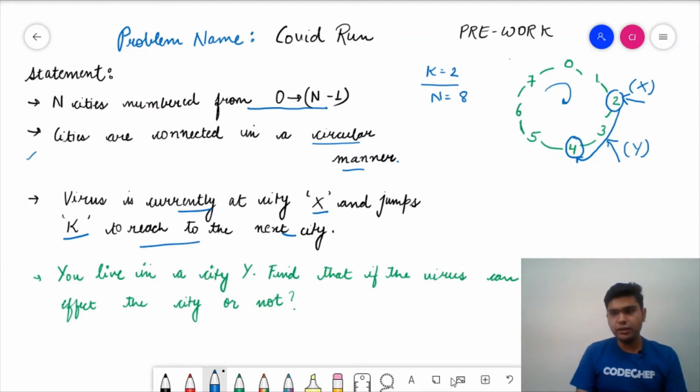So if the virus is at city 2 and he jumps k steps to the next city, that means city 4 is affected. After that he'll jump to the next city, that is city number 6. So from 4, the present state is 4, that means the value of x is changed from 2 to 4. Now the next city to attack will be 6. So he jumped 2 steps from city 4. So the next city affected will be 6, and after that he again jumps 2 steps, so the next city affected will be 0, right? So it goes on